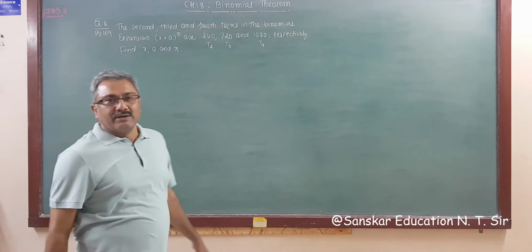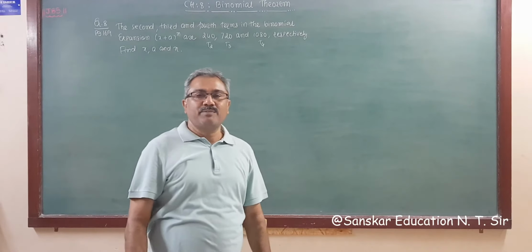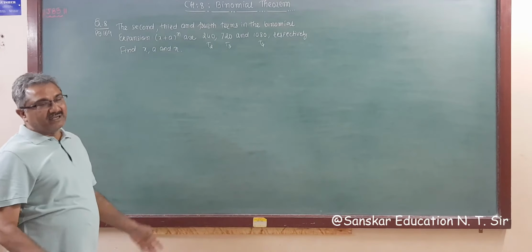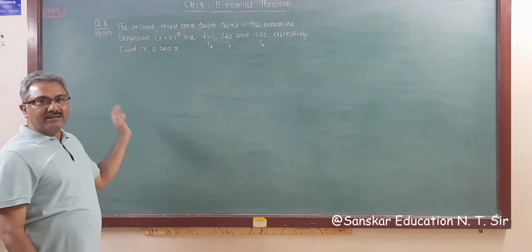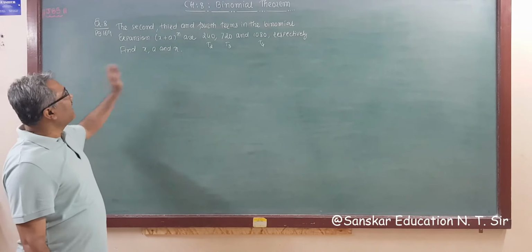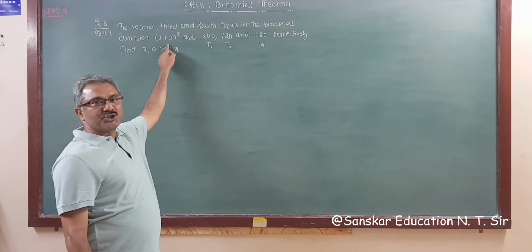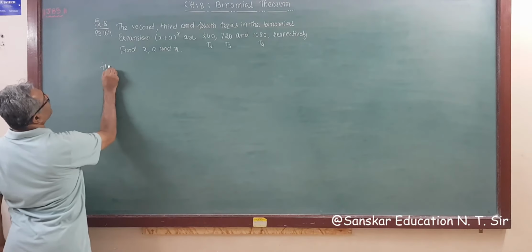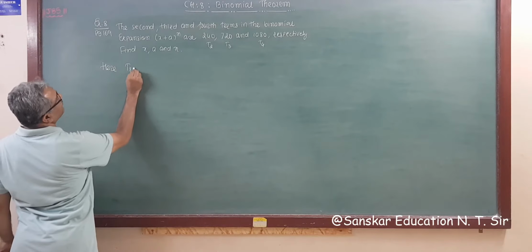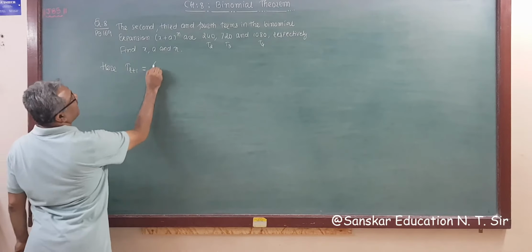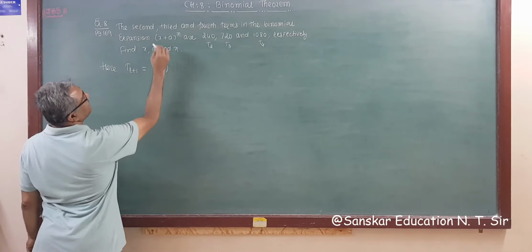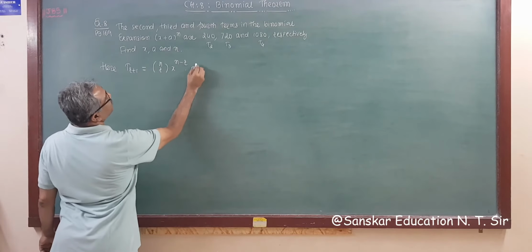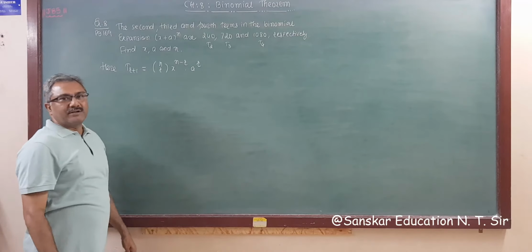Right? You did this type of questions in permutation and combination, right? While you are solving questions of combinations, but the asking way is different than this one, right? So see, now in the expansion of (x + a) whole raised to n, so we need the general term. So here general term T(r+1) is equal to nCr, A is x raised to n minus r, B is a raised to r. Right? This is the general term.